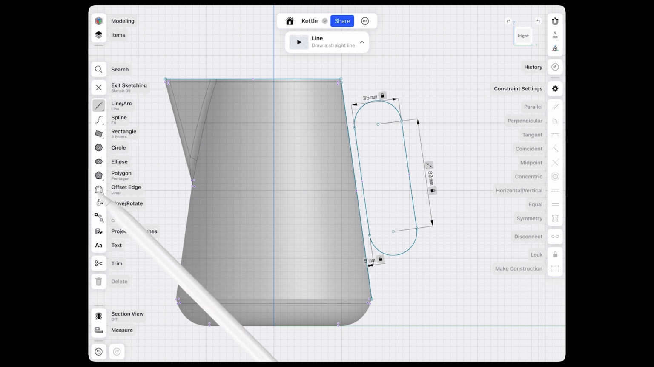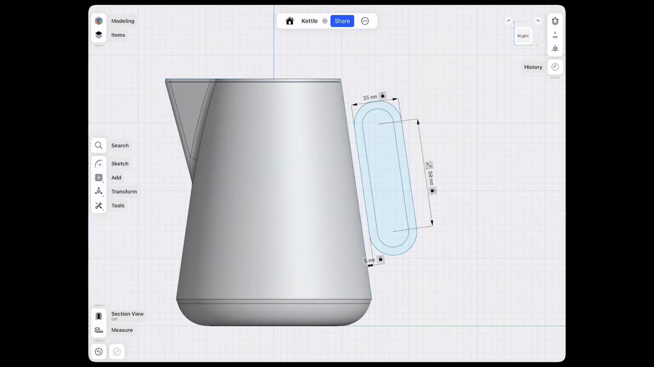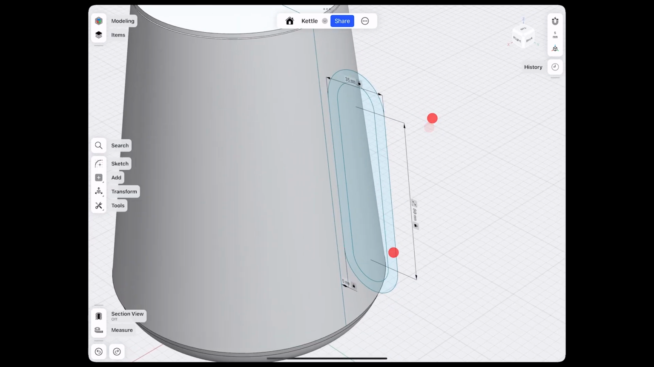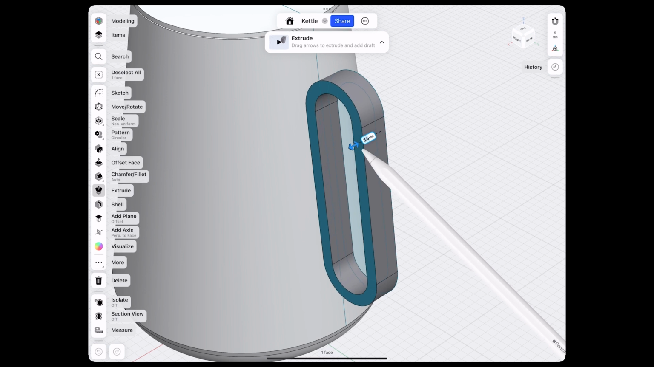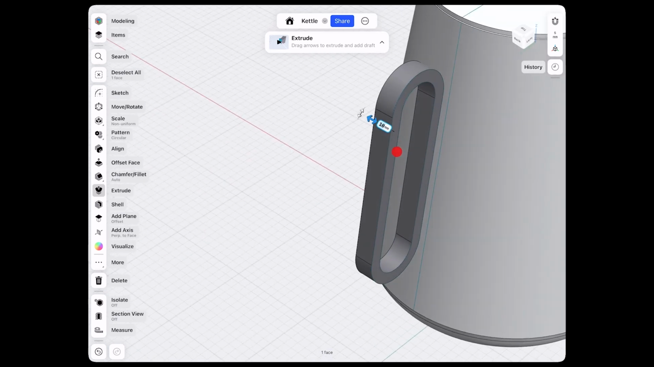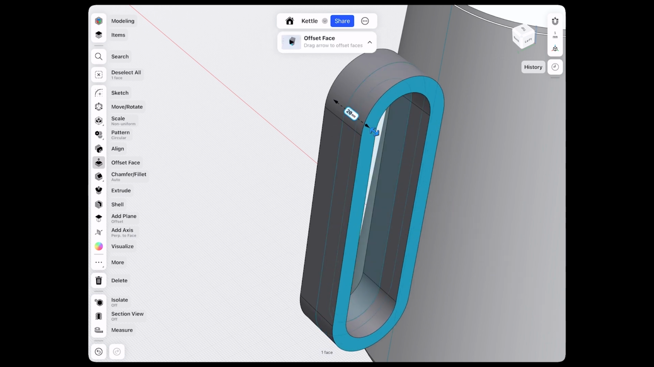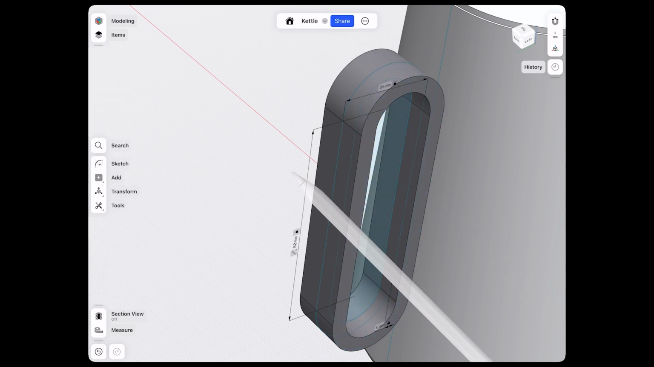Okay, the last step is to create an offset of our sketch in order to make the handle usable. I'll go with a 6 millimeter offset, and then we can exit our sketch. So now that we have our sketch, let's extrude that into both directions. So first into our left side, and then go around and choose the other side, and that makes it 20